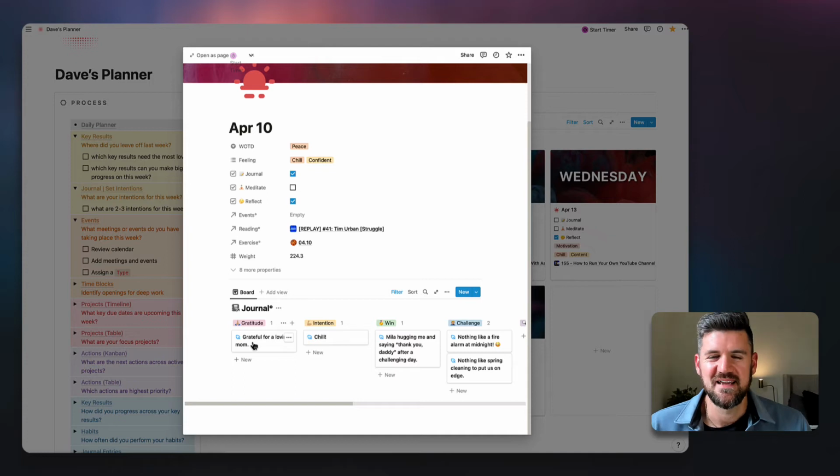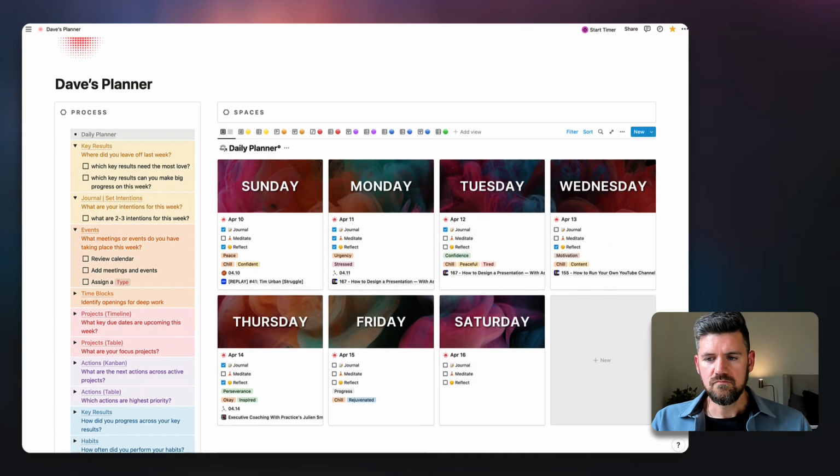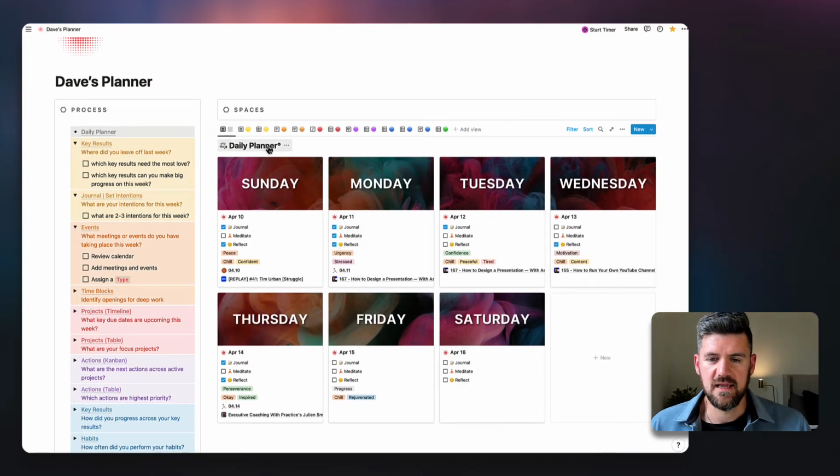In my experience, that has been easier than flipping through manual pages. I'm all for pen and paper, definitely for creative output and just getting ideas out there, but I'm still a big Notion guy. So we're looking at the daily planner, and I like to start there.